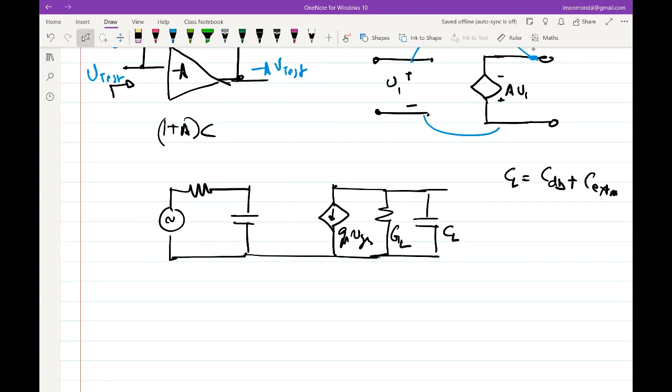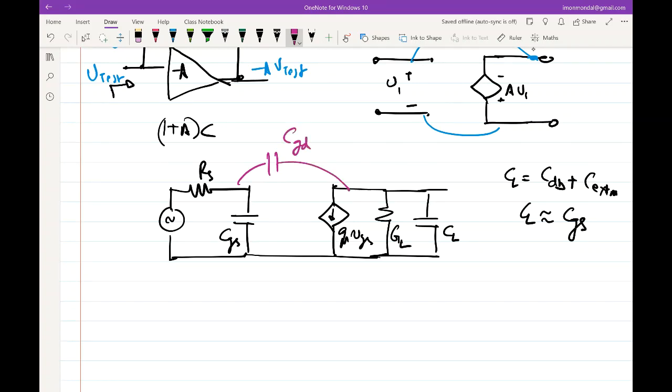If it is driving something, it will have a capacitive load. And we have to assume something to start off. We have to assume some order of the capacitances. So let's assume CL is at least of the order of CGS. Whenever we have to make approximations, we need to understand which is big, which is small, and so on. So we need to understand what is the order of the capacitances. So this is CGS, this is RS, and we have